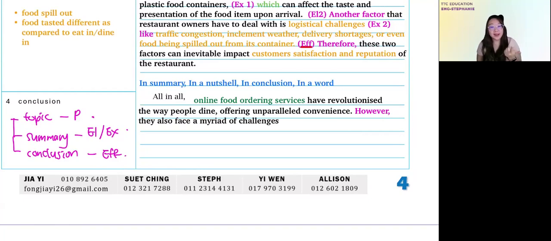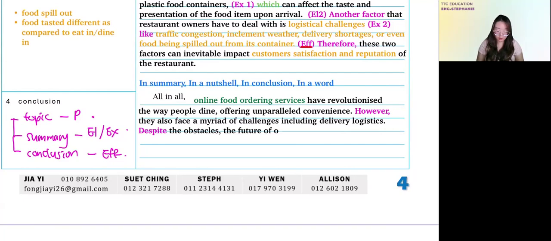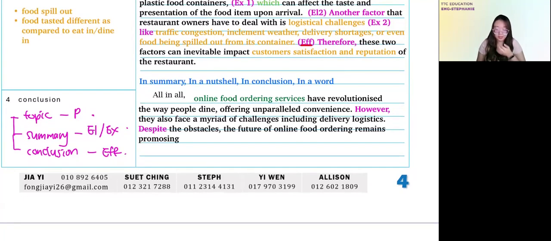Challenges, including, just now we mentioned, delivery logistics. So continue to use linkers and connectors to connect you from flow to flow. So despite the obstacles, the future of online food ordering remains promising. Why? Because